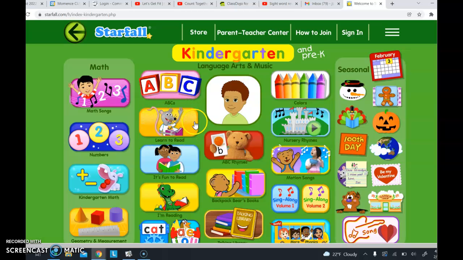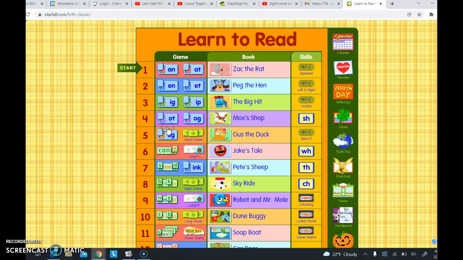Then there will be a fun little mouse here that says Learn to Read underneath it. Please click it. Once you have clicked on the mouse that says Learn to Read, you can choose any of these two activities. And what they will do, I'll click on one to show you,